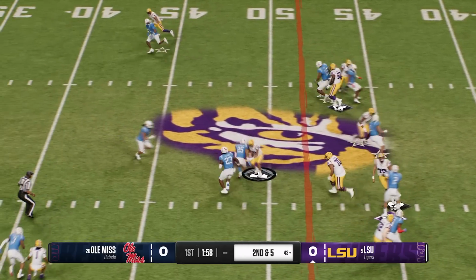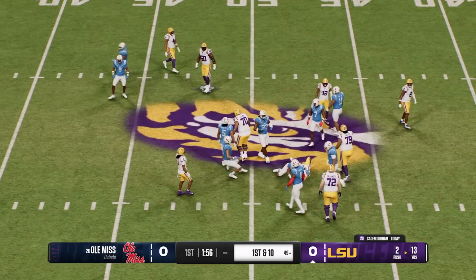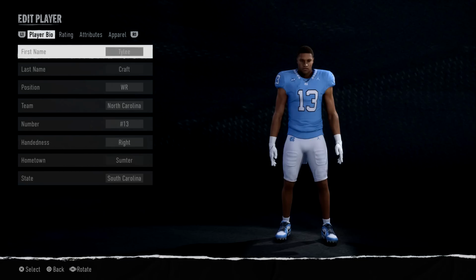Now, one of the cool things that they did do in this update was they added the player Tylee Craft to the University of North Carolina roster. Those of you that don't know, he passed away from lung cancer in October, which is just crazy. I mean, to be in your 20s and pass away from lung cancer is just super sad and unfortunate,